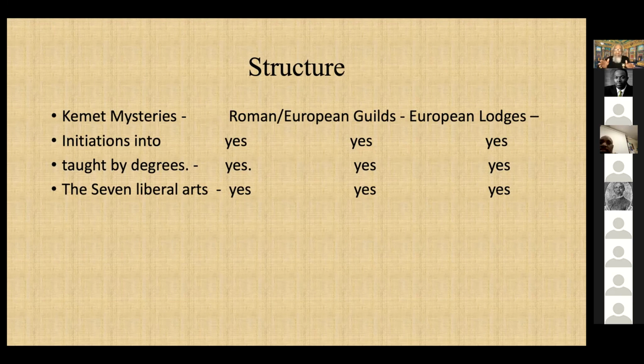Well, with the advent of the Holy Roman Empire, the construction of castles, churches, and cathedrals gets underway in Europe, all constructed out of stone. Now there's a need for stone masons, these operative masons, right? They are in great demand to have churches, cathedrals, and castles built for the ruling class and the church. So with the need for more stonemasons, the old Roman guilds, styled after the old